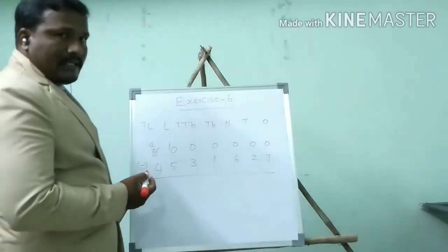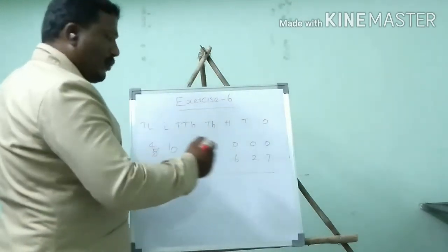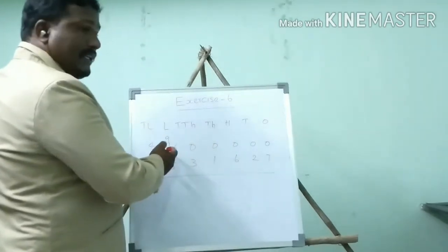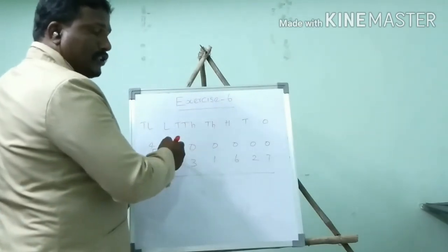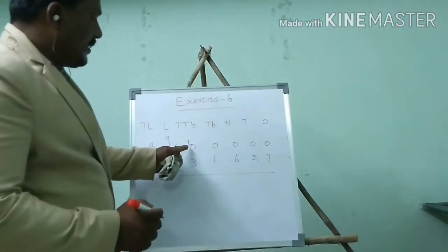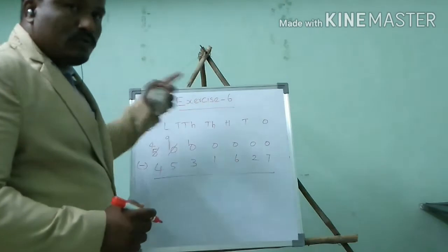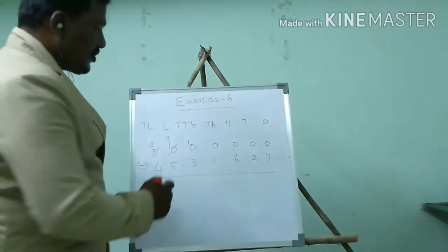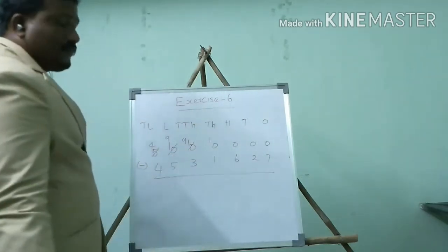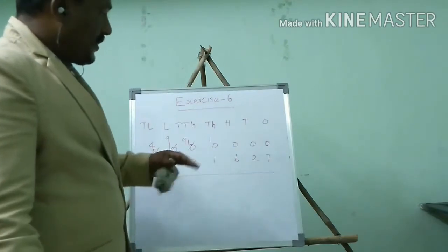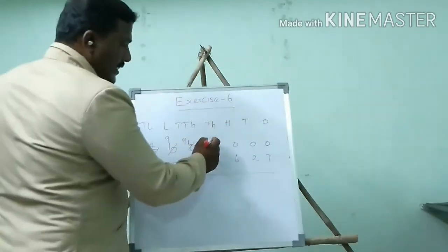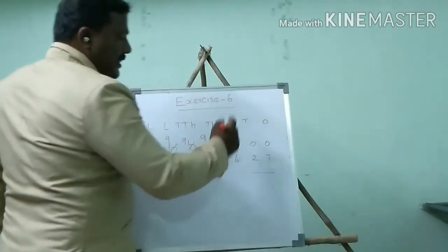Now here it becomes 10. But I want to go to my home, so I took 9. Why does it become 9? Because I want to take 1 from this number. So 10 minus 1, 9. So again I go here. Here 10, but I want to jump to the next place. So 10 minus 1, 9. So 1 came here, the 1000 place. Again I want to jump to the 100 place. Before 10, now 10 minus 1, 9. So it becomes 9, and now here it becomes 10.